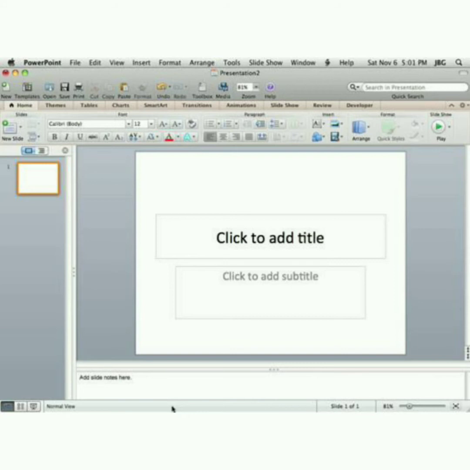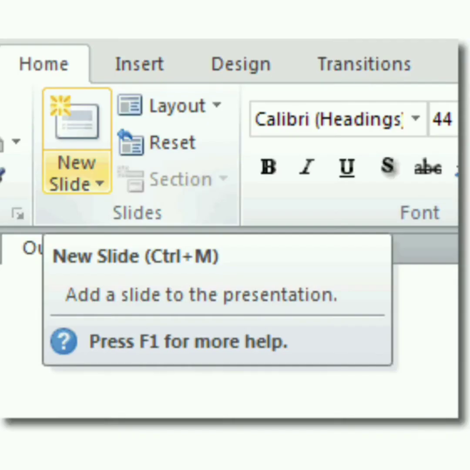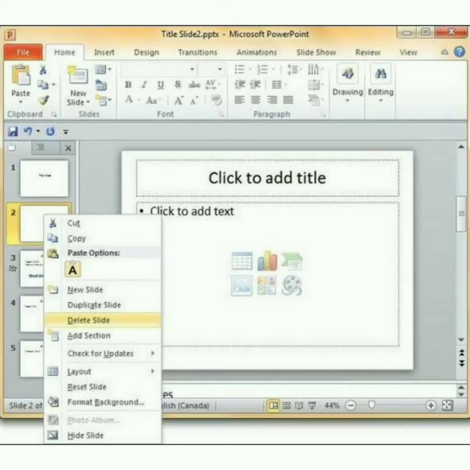First, you have added a slide, and again you want to insert a new slide. Then you can add a new slide with the help of the shortcut key Ctrl+M. If you press Ctrl+M, automatically a new slide will be added. So the first slide is there, and the second slide will be added if you press Ctrl+M. Otherwise, you can go to Insert, where you have an option called New Slide. If you press that also, an additional slide will be added.